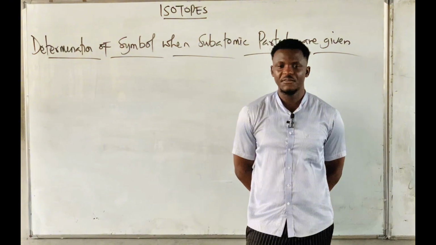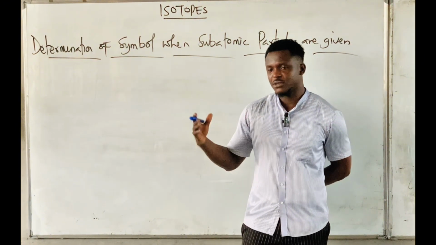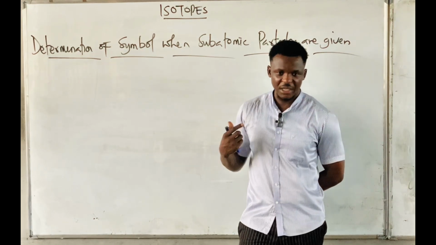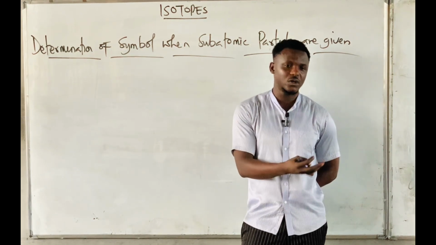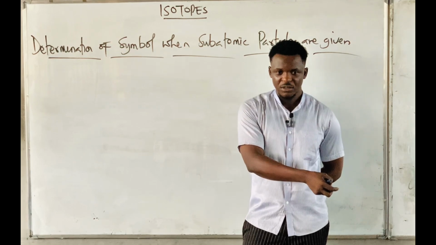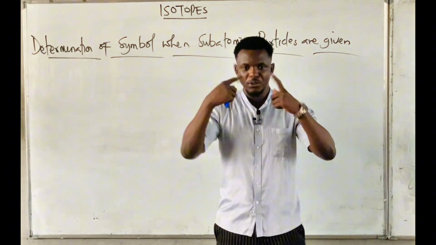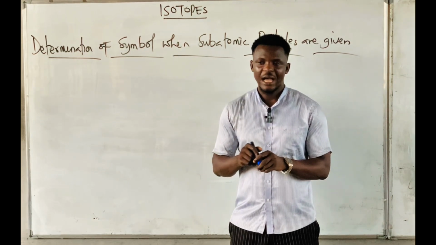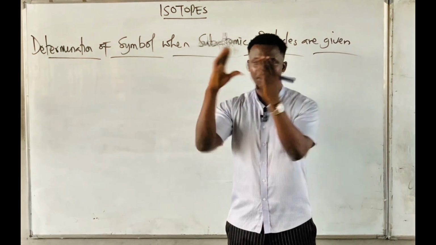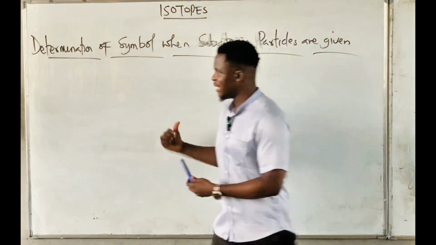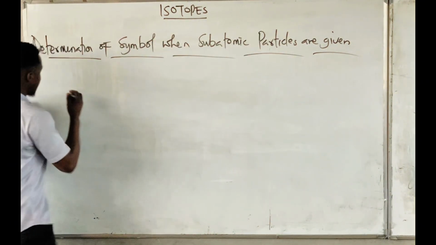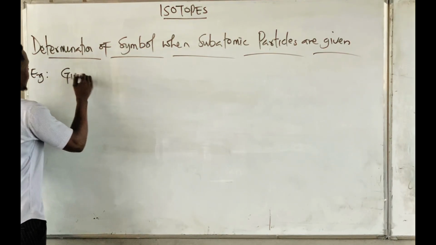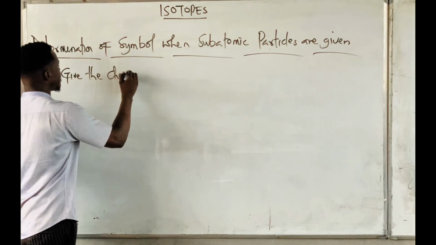In the first case, they gave us chemical symbols in terms of neutral atom and also in terms of charged atom. And we are asked to give the subatomic particles, the protons, electrons, and the neutrons. All right. So basically, it's just like the opposite of what we did. So this time around, they'll give us those subatomic particles and ask us to use those combinations and form the chemical symbol. So just like the last one we just completed now, I'll say, example, give the chemical symbol